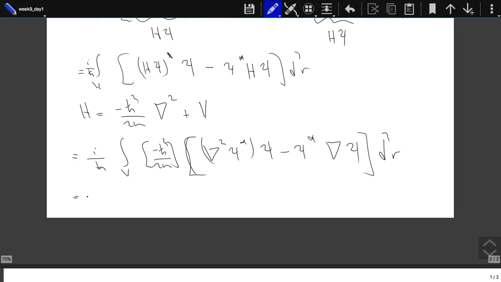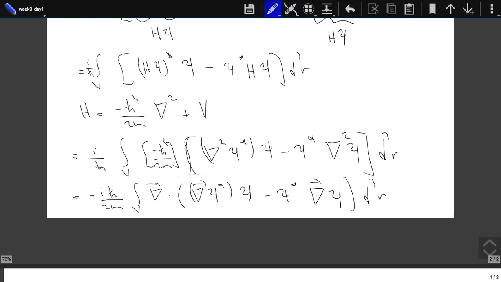This is equal to minus i h bar over 2m integral over V. What is left inside, I can write it as the gradient of psi star gradient of psi minus psi star gradient of psi,